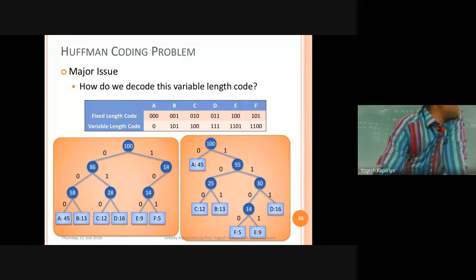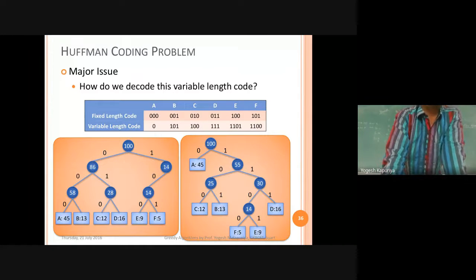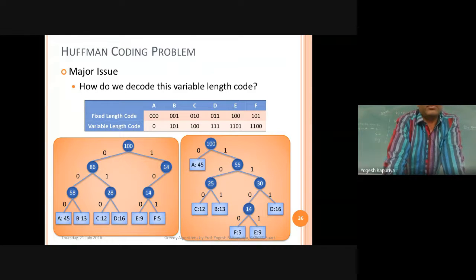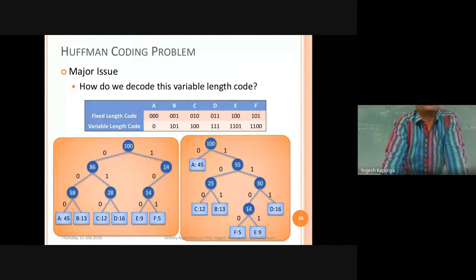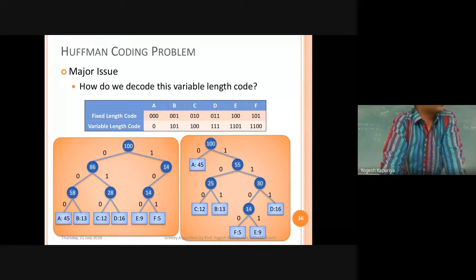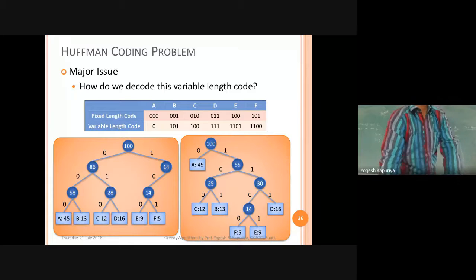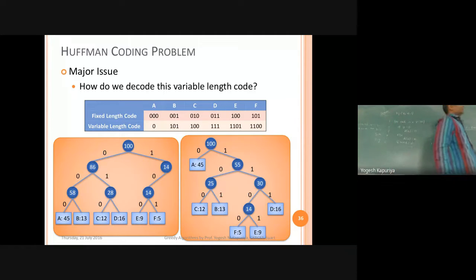While building the Huffman tree, we are using a priority queue. Again, here you are using the priority queue. To do that, you will insert the frequency of every letter in the queue. You will extract the minimum. You will create an intermediate node like this, and then at the end you will have some tree similar to this.